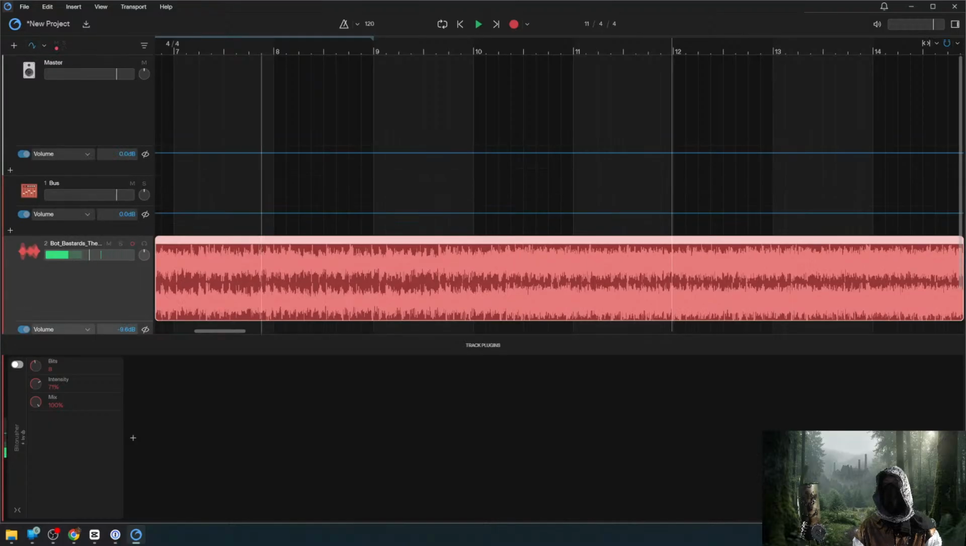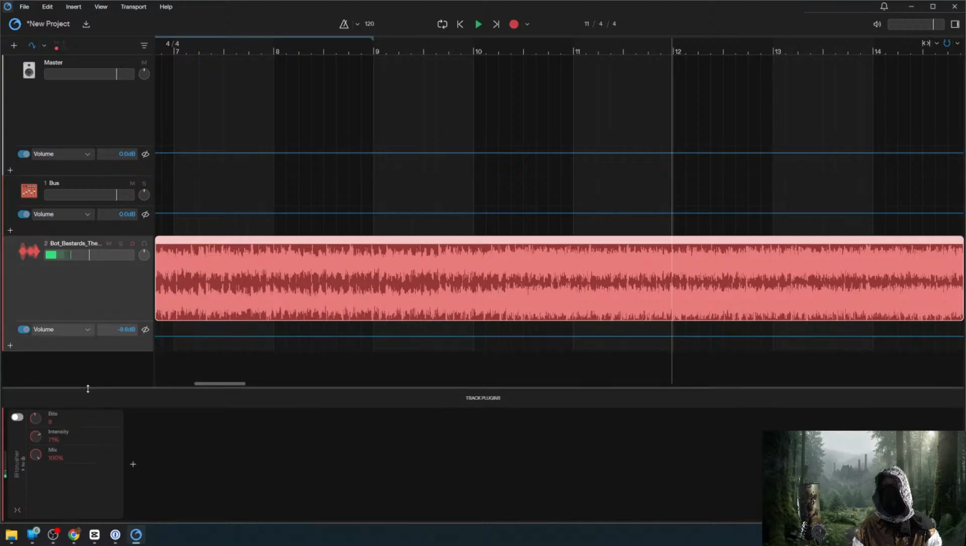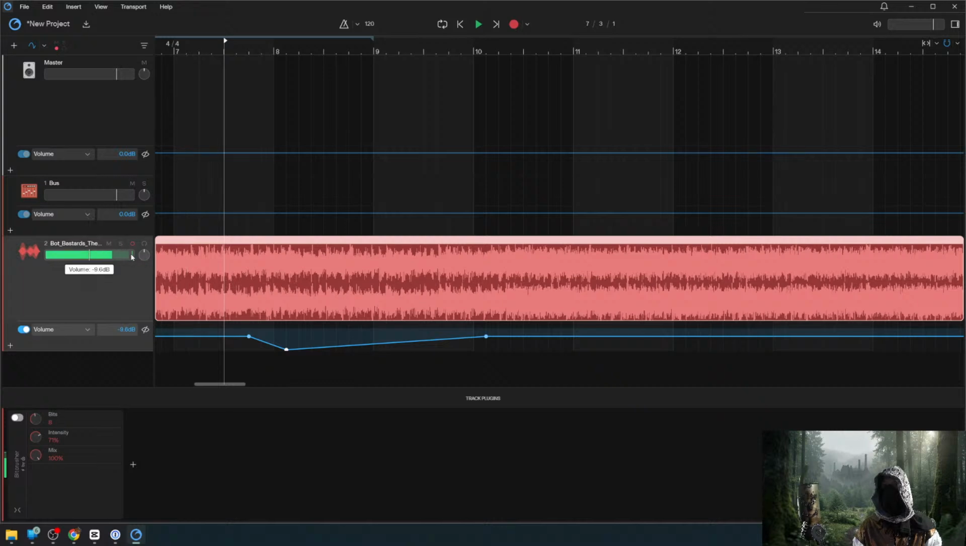Automation lanes. If you're not familiar with automation, this is where you can add in some nodes and say you want to automate the volume. So what this is going to do is take your slider and virtually move it as you go. So if you wanted to do that